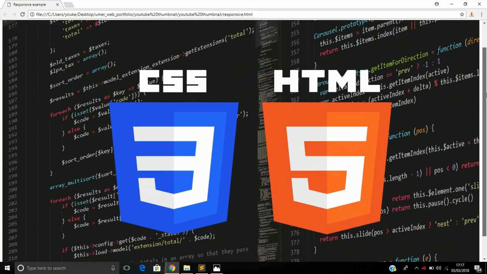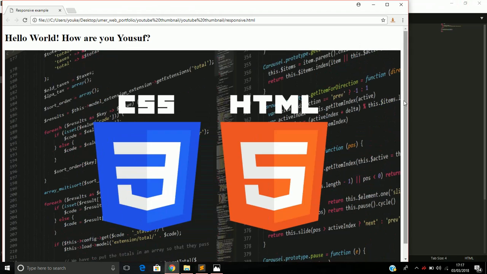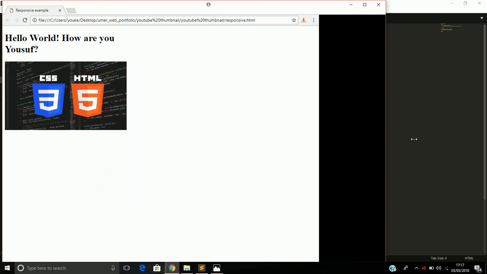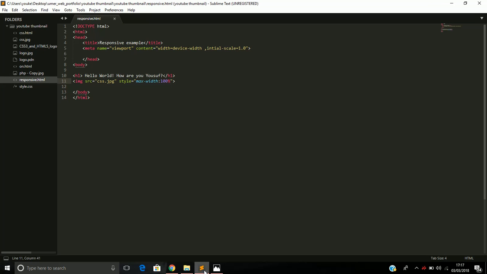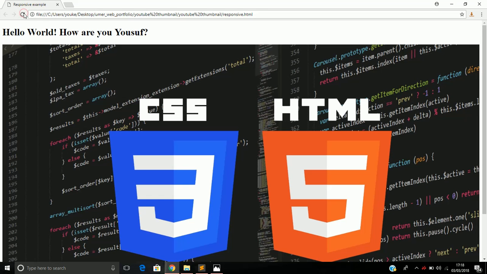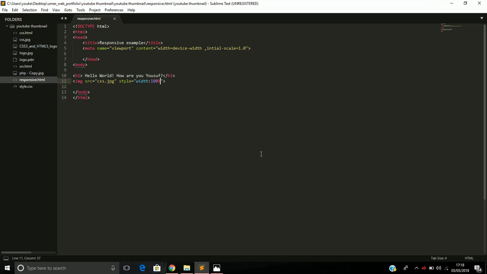now you see it's a little bit different and it's still responsive. So it came in actual size. What is the actual size? If you open it in Paint.NET or Photoshop, that's the actual size of this picture. So you define max-width is 100%, do not exceed more than this. But if you go width 100%, it's like this. See, it's a bit larger, but it's still responsive. So if you want to scale down to the original size and make sure it doesn't go further than this,